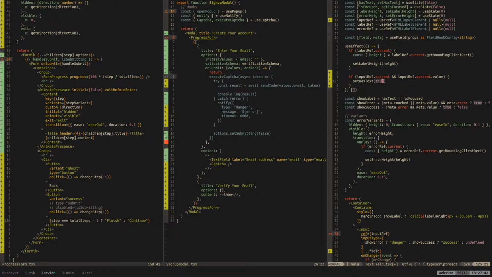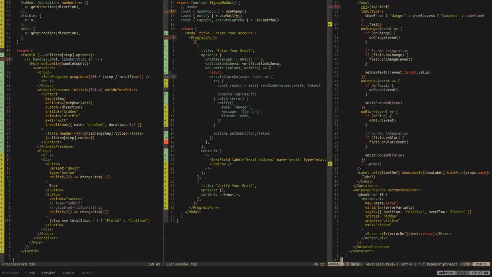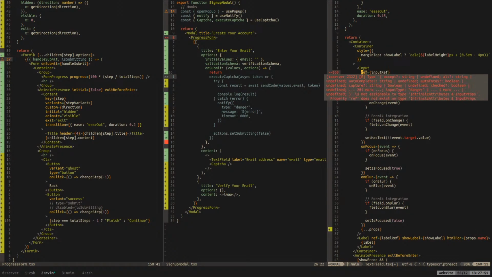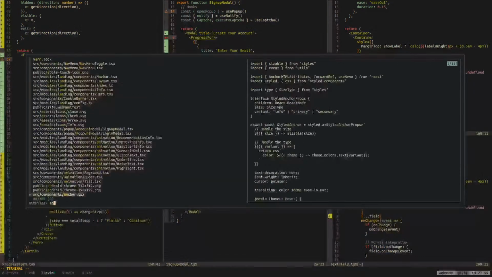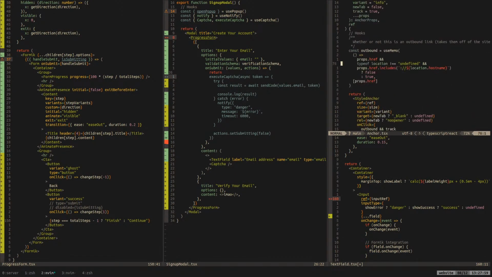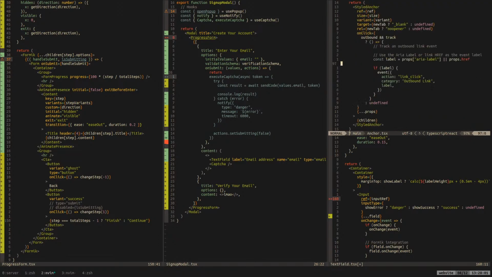Now we need to sort this out, because this is my own custom thing, and it does not have ref support. And how did I do that over here? Did I even do that over here? No, I don't think I did.